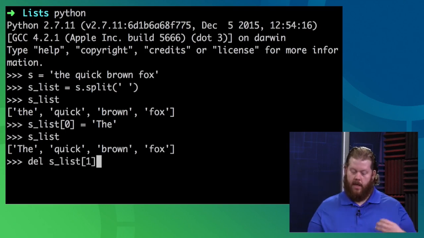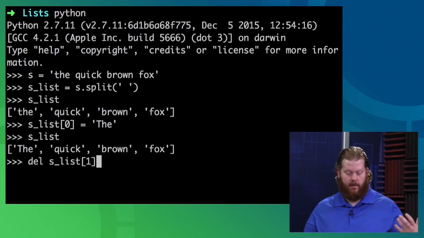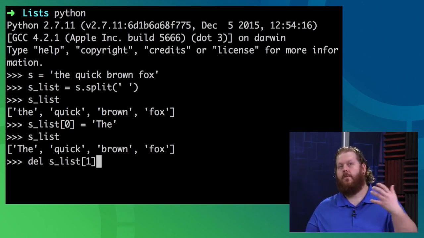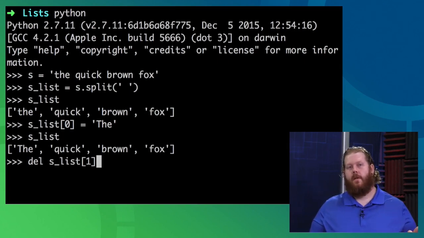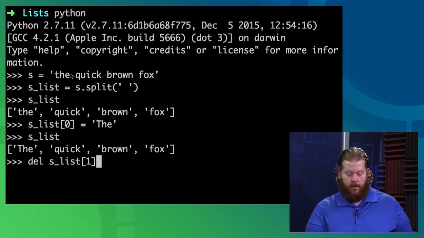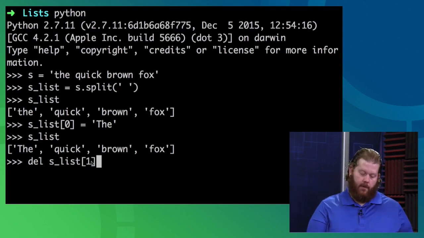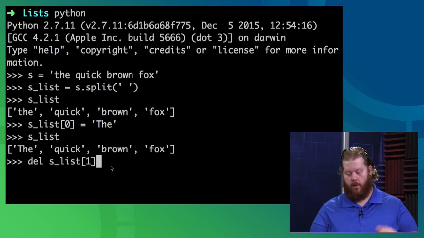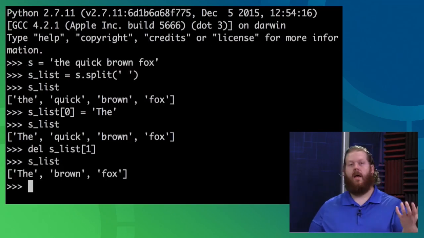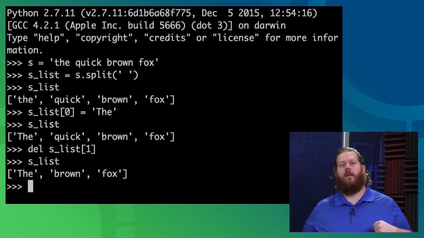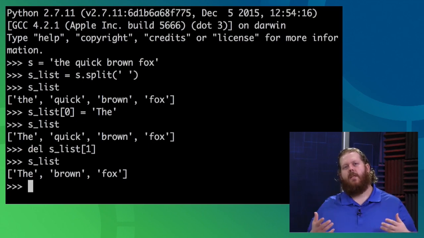and since we're in a zero-based array, it's just like strings. These collections, these sequences are all zero indexed. I want to delete quick, so I'm going to say 1 because 1 corresponds to the second element, and now we can see that I've actually removed that element. So that's really the key difference,